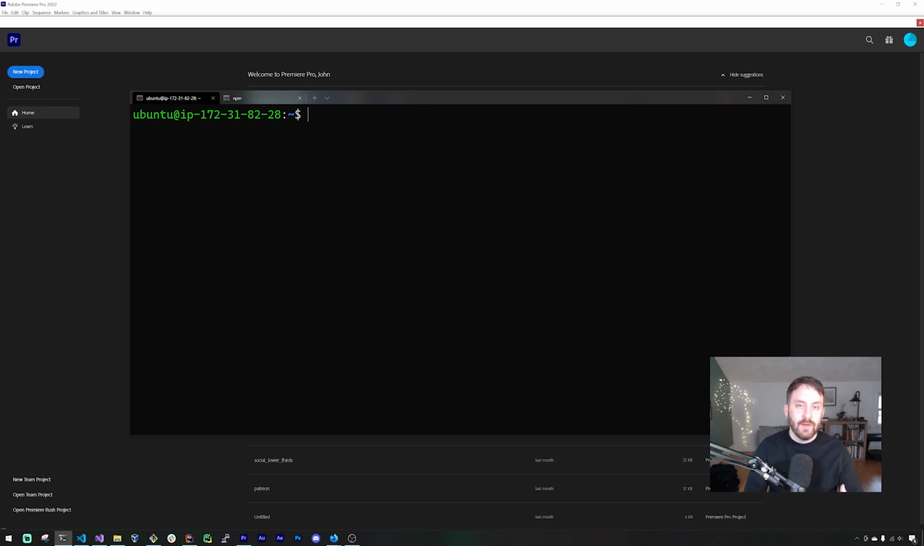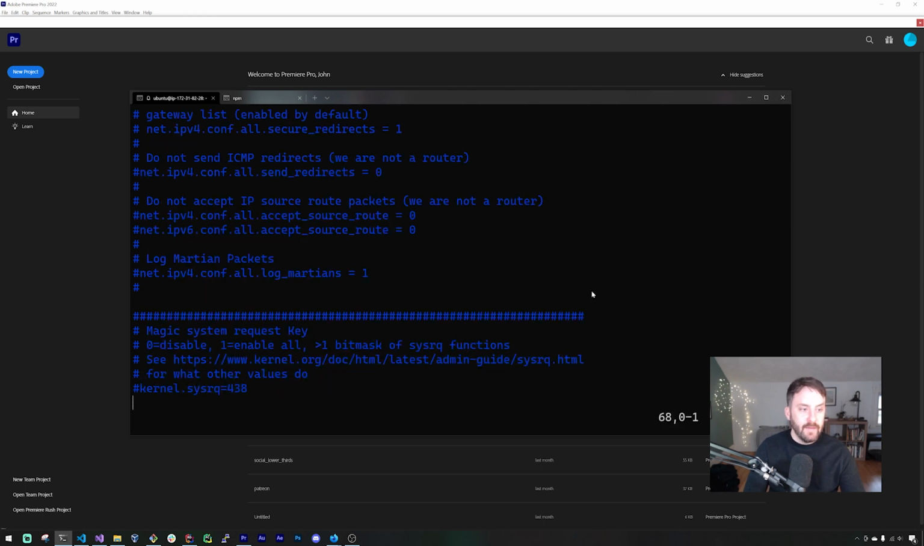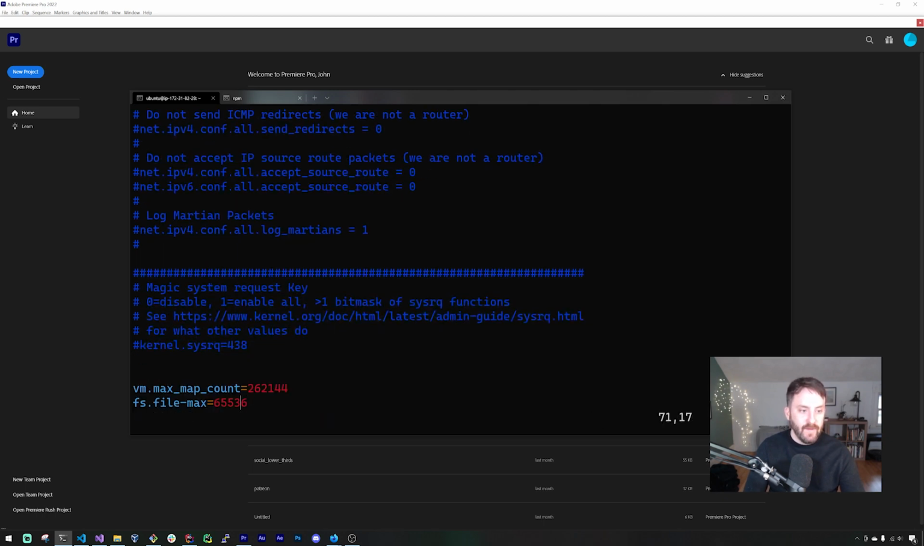So the first thing that we're going to do is edit our sysctl.conf file. For this, we can sudo vim /etc/sysctl.conf. And we need to add a couple of lines to the bottom of this file. We're going to set the max map count here to 262144, and the file system file-max value to